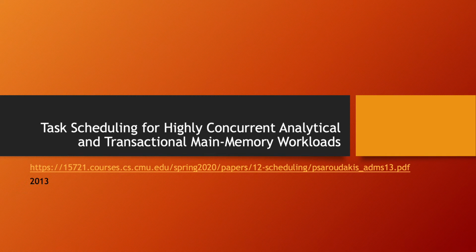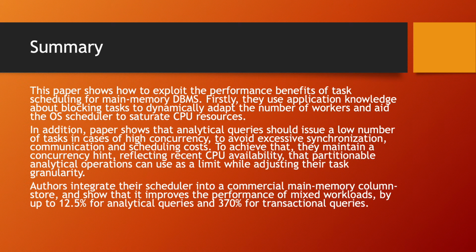Paper of the day is task scheduling for highly concurrent analytical and transactional main memory data workloads. It's a 2013 paper. This paper shows how to exploit the performance benefits of task scheduling for main memory DBMS. Firstly, they use application knowledge about blocking tasks to dynamically adapt the number of workers and aid the OS scheduler